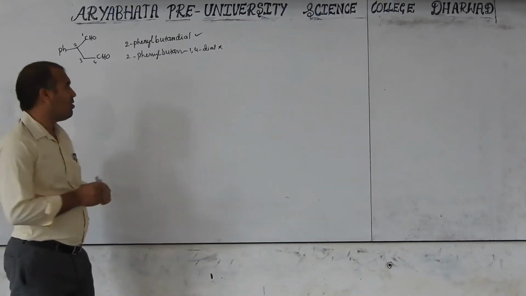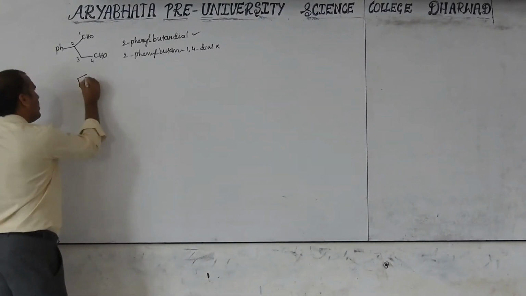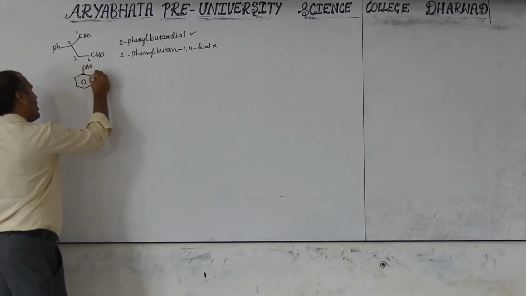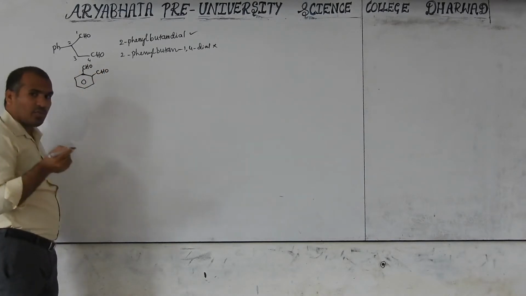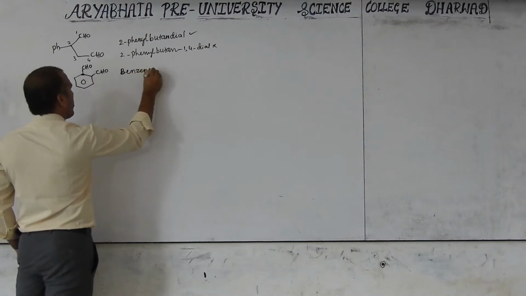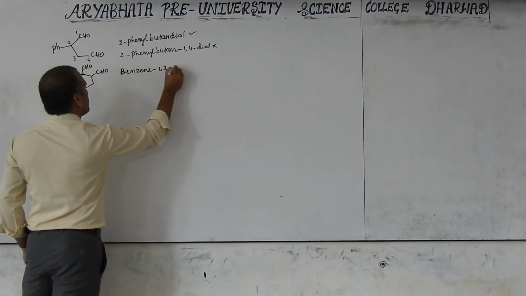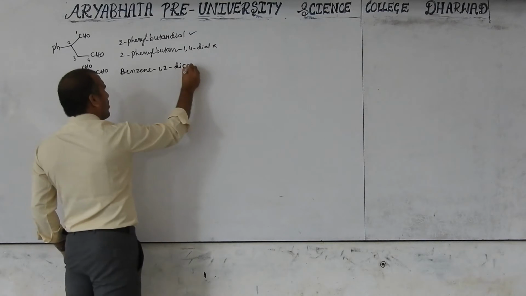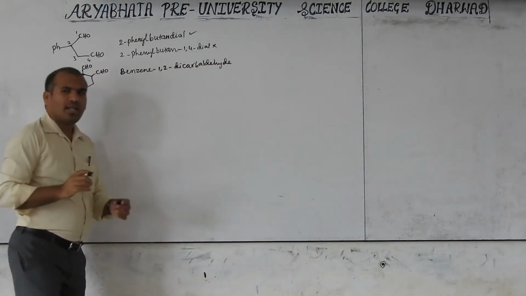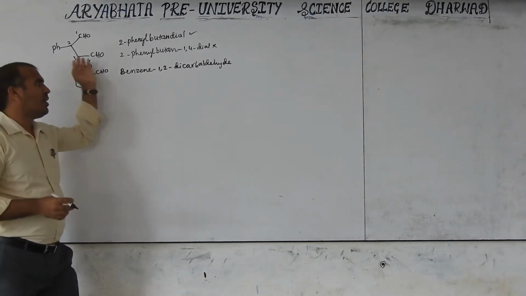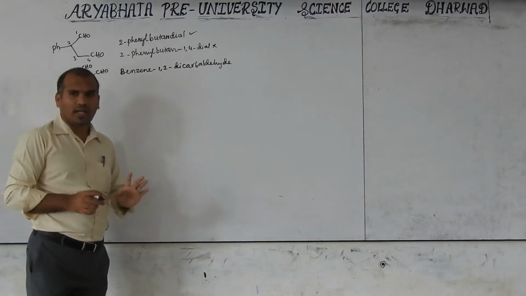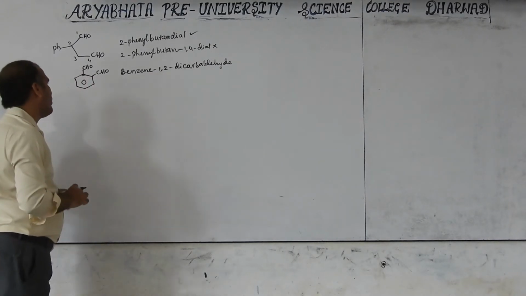When terminal, the aldehyde position is not indicated. But when it is benzene like this, phthalate like this, where the aldehyde carbon is not counted, their positions are indicated. Then this is benzene-1,2-dicarboaldehyde. This is the difference you have to observe. When the carbon number is counted, the position is not indicated. When the carbon is not counted, the locants are indicated. This is the main difference.